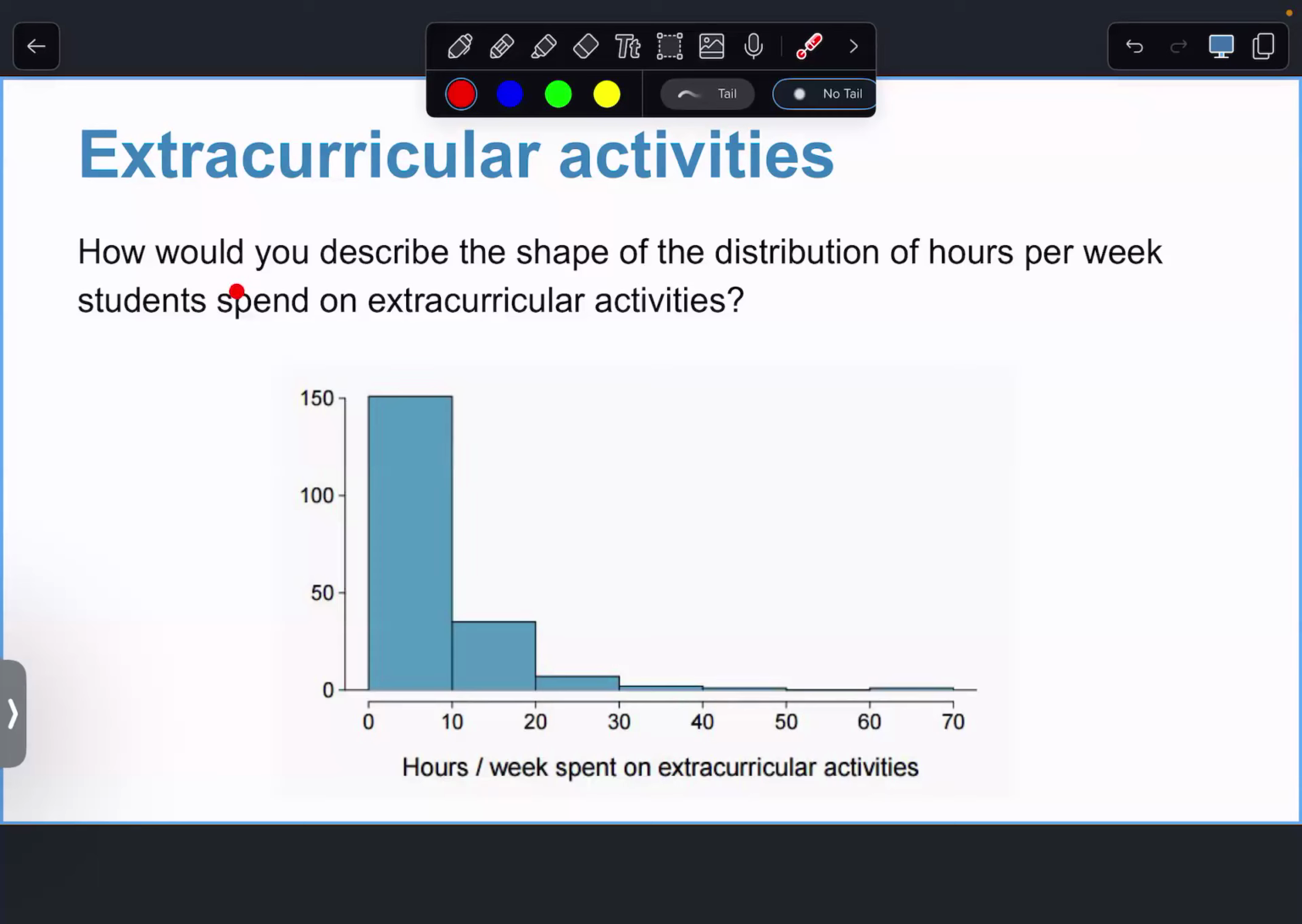How would you describe the shape of the distribution of hours per week students spend on extracurricular activities? Now, a note before we do this. I want you to imagine,